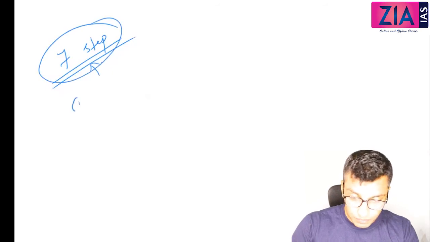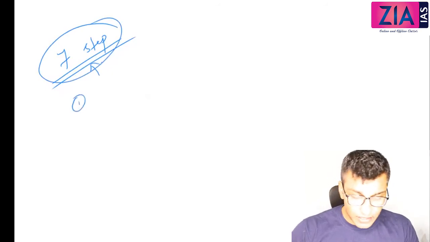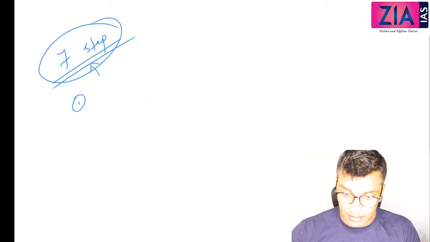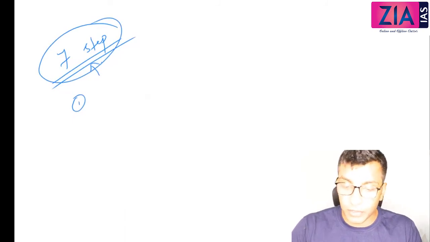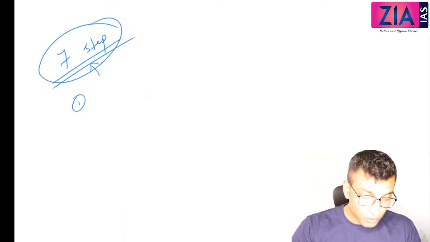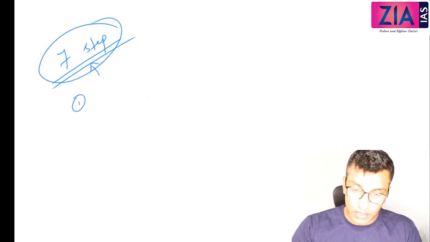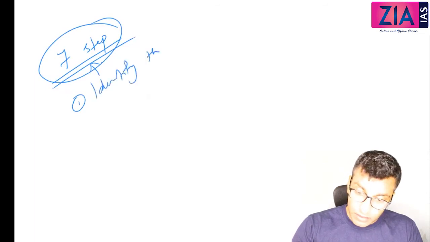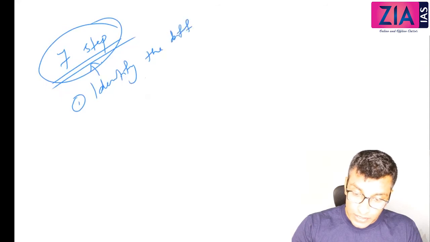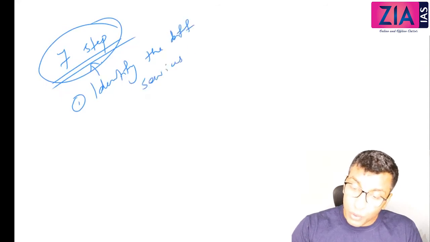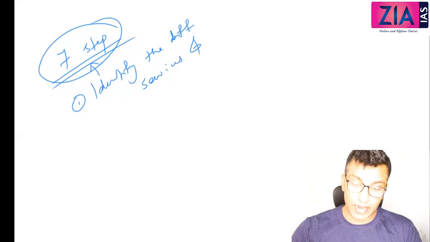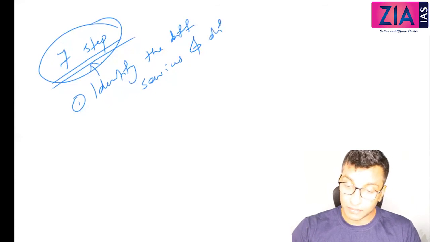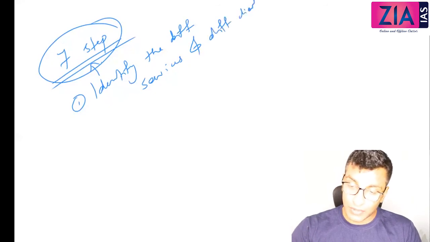So first of all, identify the different services and different clients. Obviously when you're talking about service delivery, you have to do with the services. What are the services? It has to be listed down properly. So in an organization, what are the services which have been given? So identify the different services and to whom they are given, right? So the different clients. So this is one thing.